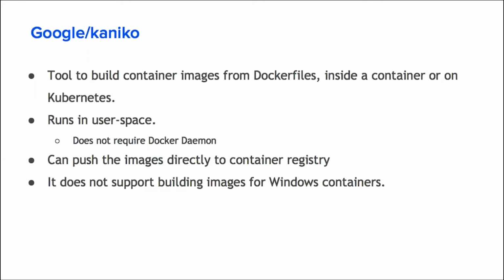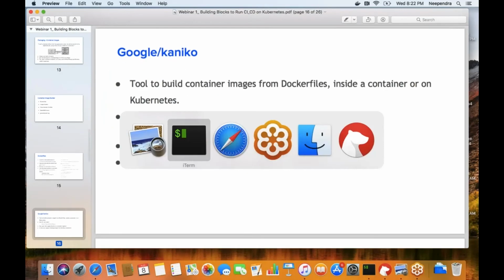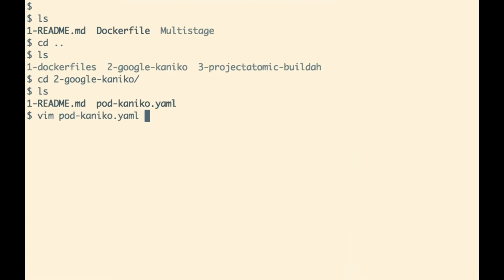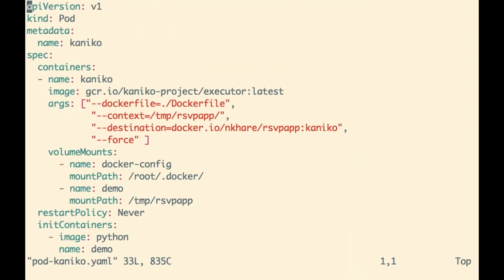So let's look at it in action. Let's go back to our terminal, and let's go to the Kaniko folder there. And here you would find a file called pod-kaniko.yml.